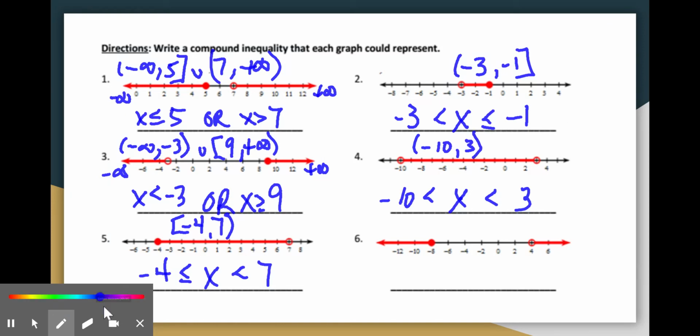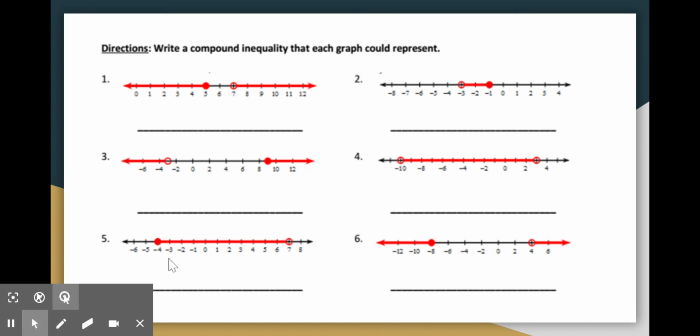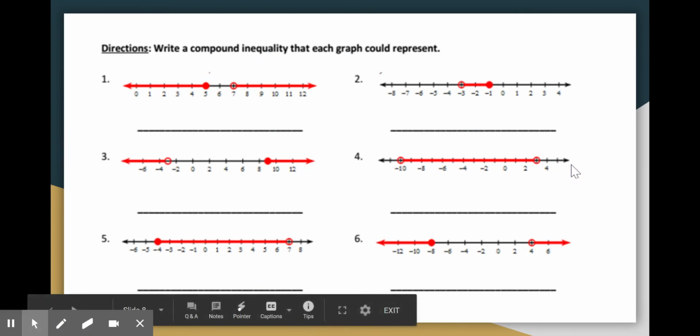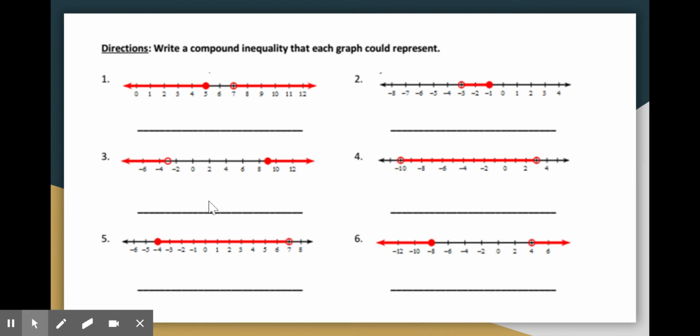Okay, and I think that is it. I can't remember how many slides I put on this. That's it. The red circle means we're all done. Okay, there is a little introduction to